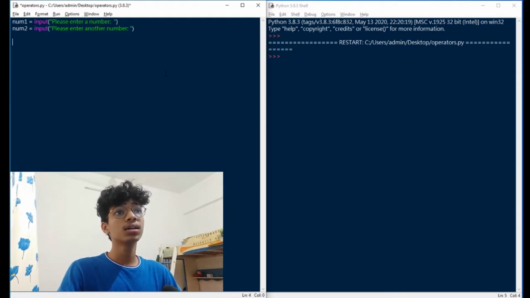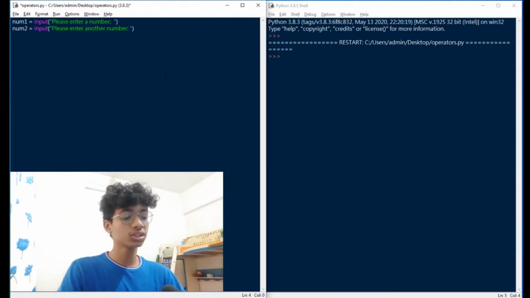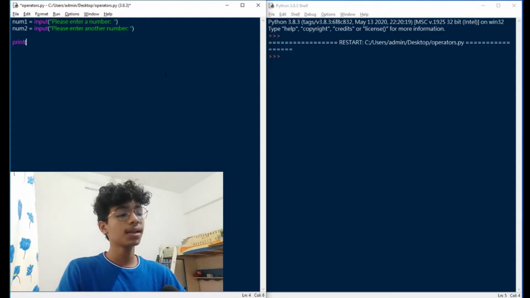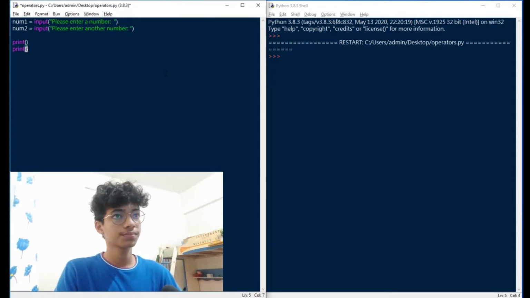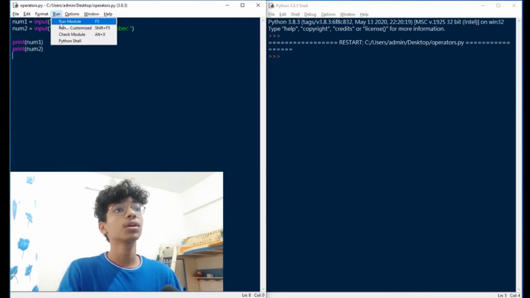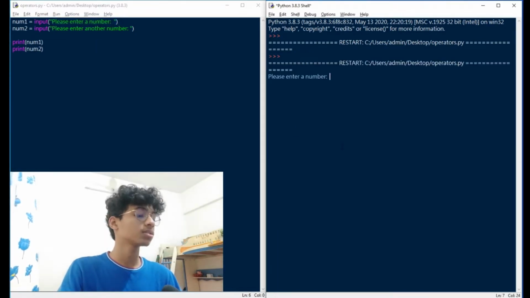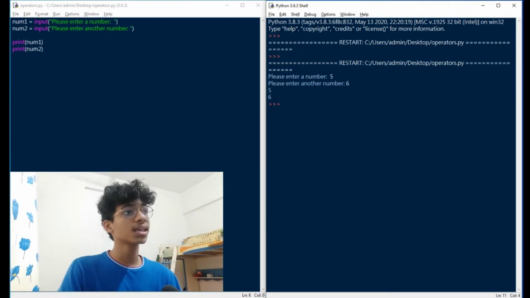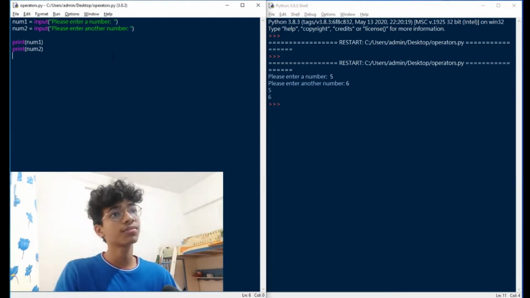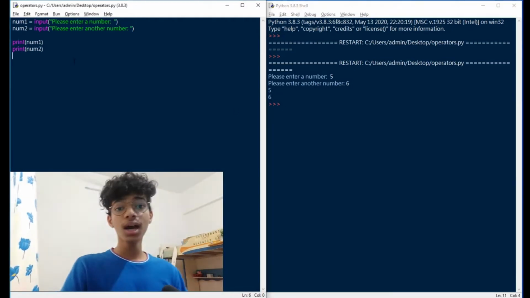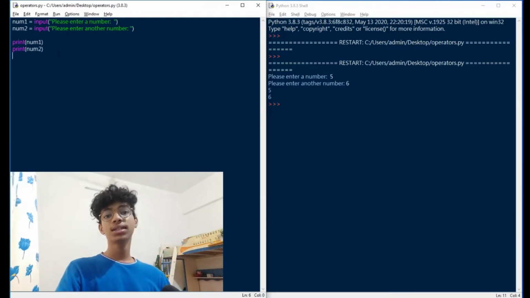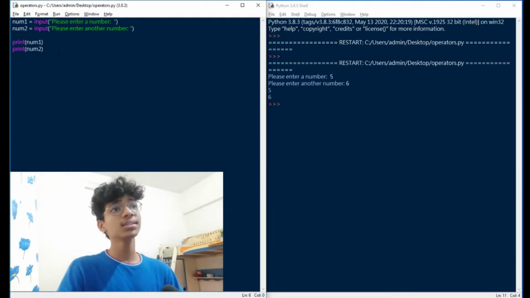So here, if I need to see what those inputs are, I'm going to say print number1 and print number2, like that, so we see what the values are. So let's say I want to say 5 and 6. So yeah, here we go, we get 5 and 6 as the two different variables. So now that we know how to take basic inputs from the user, let's get started with the